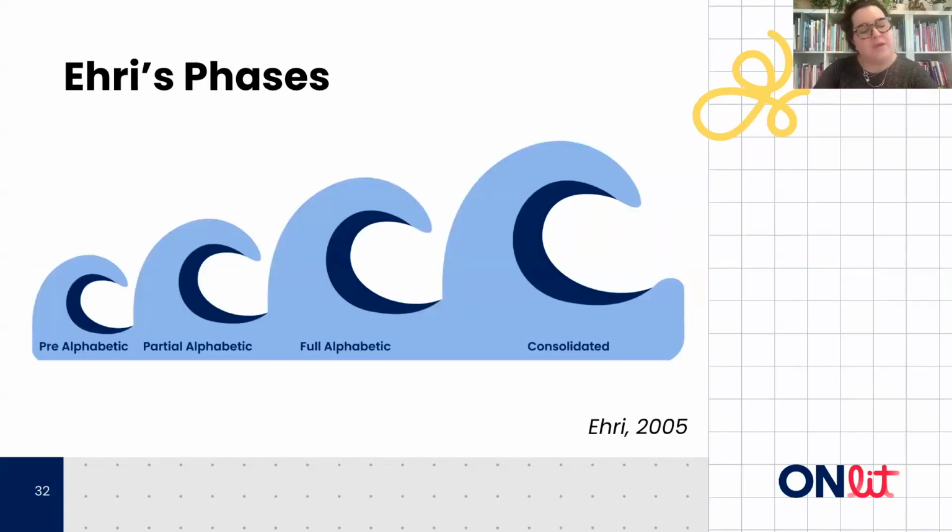And then also we can think about it in terms of Linnea Ehri's phases of word reading development. She has 4 phases that are often referred to, and we are conceptualizing these mnemonics for students in that partial alphabetic phase. So these are often students in kindergarten or grade 1, could be older students who still haven't yet built proficiency at that piece. They might know letter names, some letter sounds, but they need systematic explicit instruction in how those letters represent the sounds of our language. So really thinking about that partial alphabetic phase.